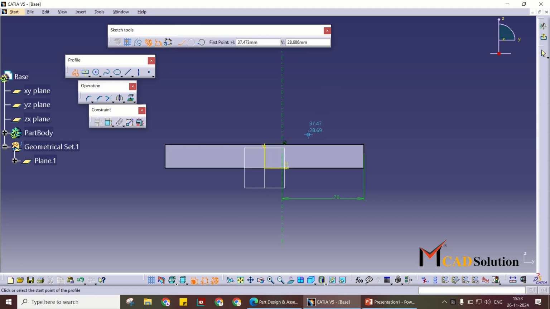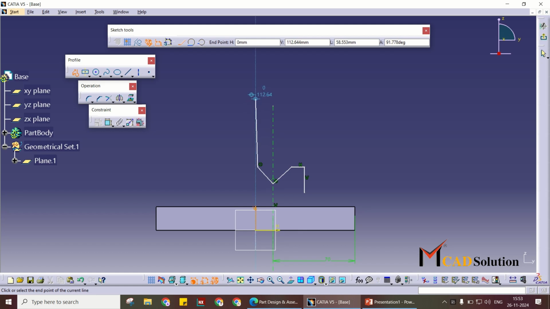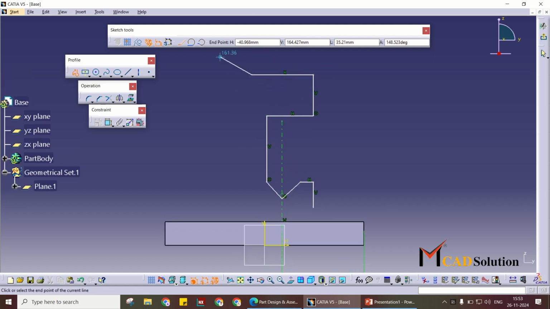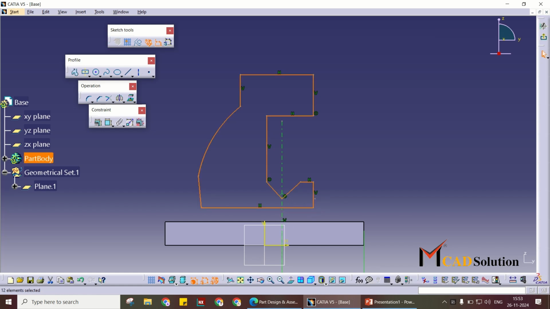sketch. Three-point arc. Okay, random sketch is created.